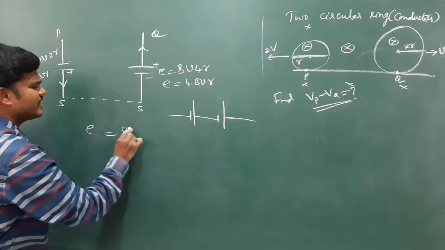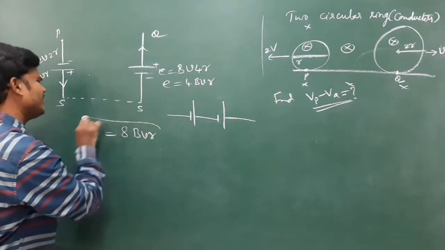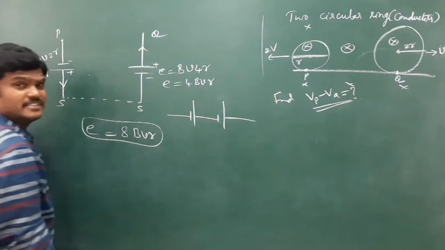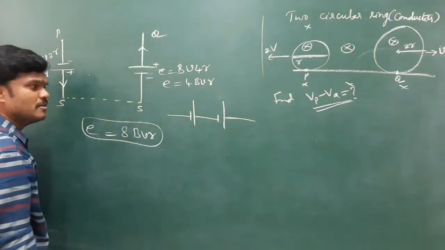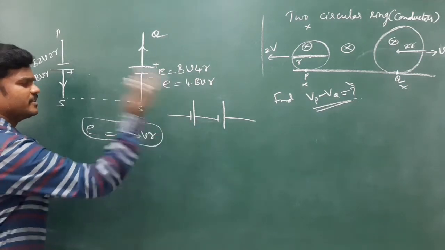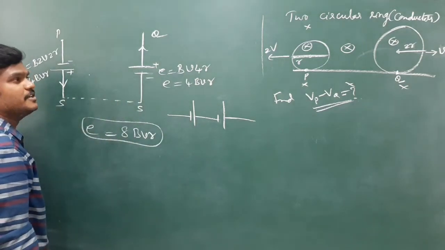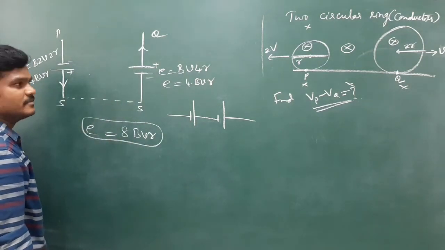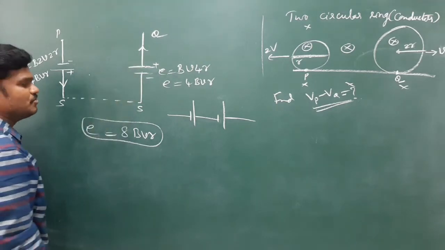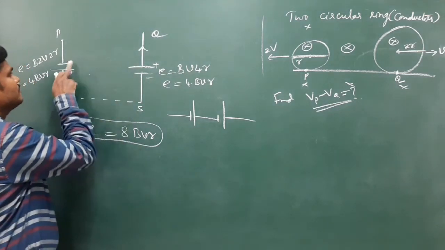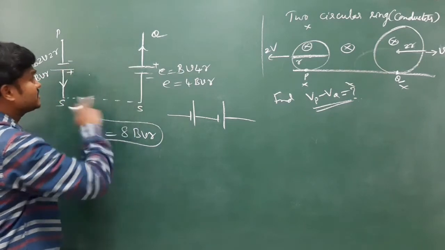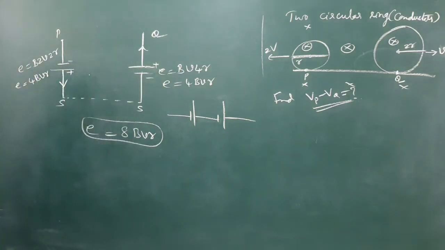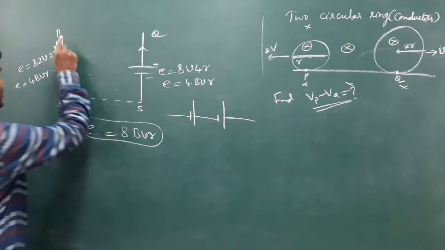4BVR and 4BVR. Directly we can expect the answer 8BVR because these two cells are in series. If this is in opposite direction, EMF becomes 0. Now what is the effective EMF? 8BVR is the induced EMF in this circuit, because minus positive, plus minus plus, series. These two cells are connected in series. Otherwise you can identify the value.